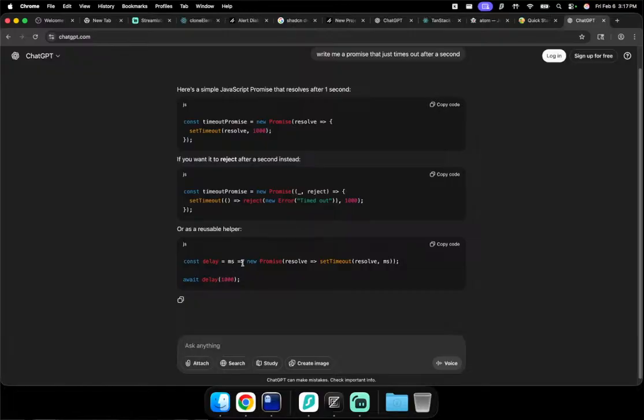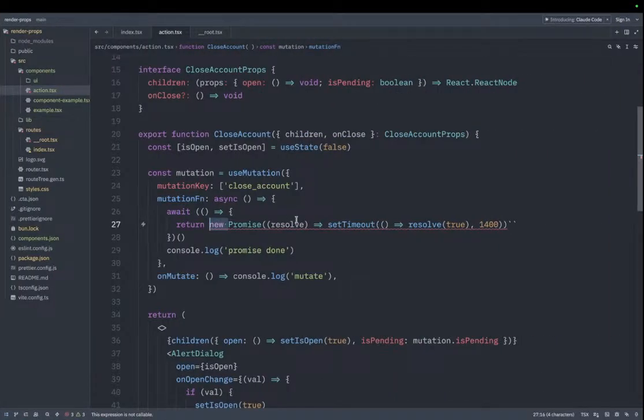Yeah, so it's literally a function that returns the promise, and then you just pass resolve in. Interesting. Okay, so